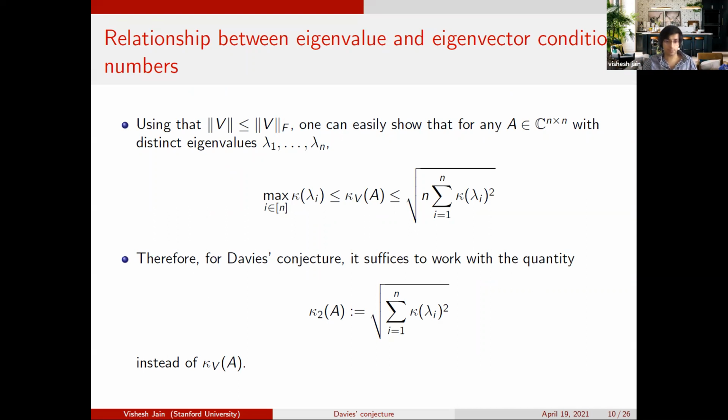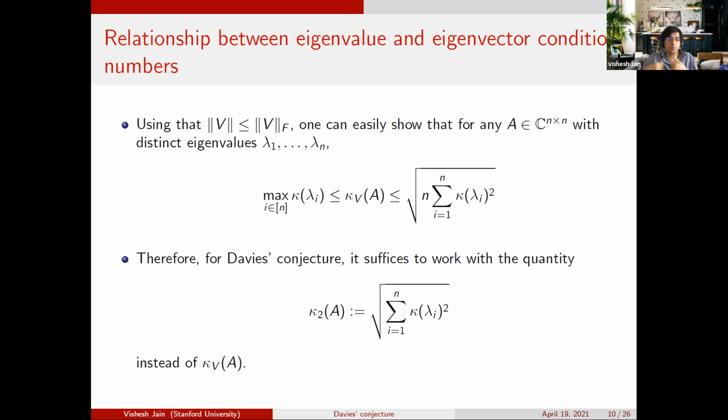This is really due to the paper of Banks, Kulkarni, Mukherjee, and Srivastava, where they decided that instead of this global quantity of the eigenvector condition number, we should work with the norm of the eigenvalue condition numbers. So this is some linear algebra, but this is still not so easy, because the eigenvalue condition number is still saying something about